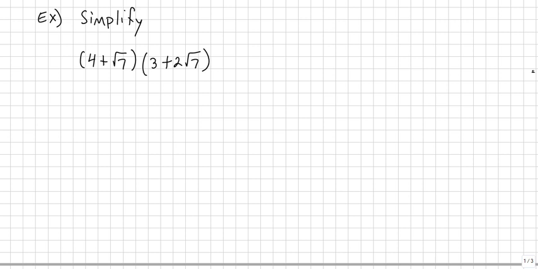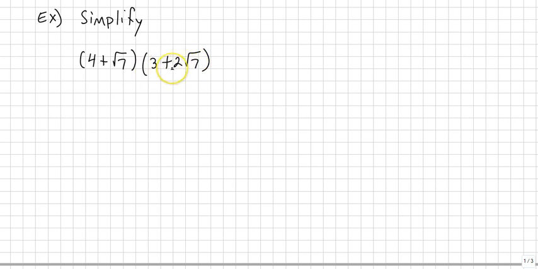So I guess we do get one definition in here, but other than that, it's just seeing how to use what we already know with how to multiply radicals and add and subtract like radicals, and we're going to combine that with what we know about binomials. So for this first example, we're taking 4 plus the square root of 7, which is a binomial because we have two terms being added together, and we're going to multiply that by 3 plus 2 square root of 7,